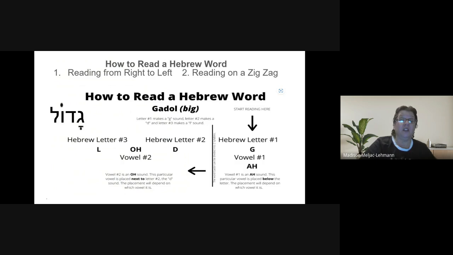So we know we have the letter gimel, which makes the G sound, okay? And we have the kamatz, which makes the ah sound. So our first sounds are ga, okay? Now, the other thing that you need to know, and we will learn this more, is that there's 2 things that it can be, a consonant vowel or a consonant vowel consonant. And so I'm just going to tell you right now, in order to break this rule up, we have a consonant vowel, and now the end of the word is a consonant vowel consonant, because Hebrew likes to end